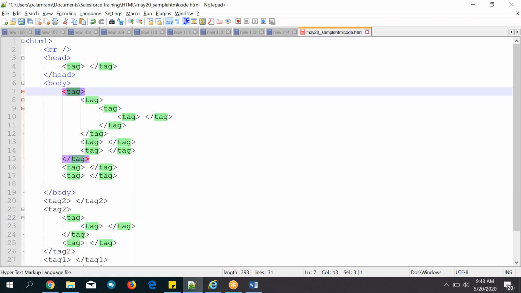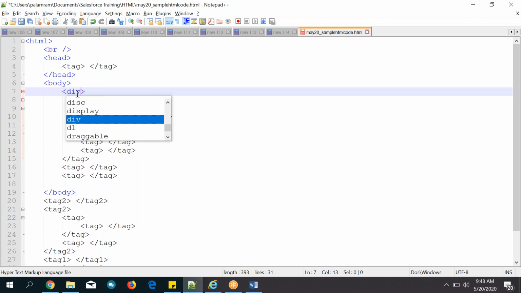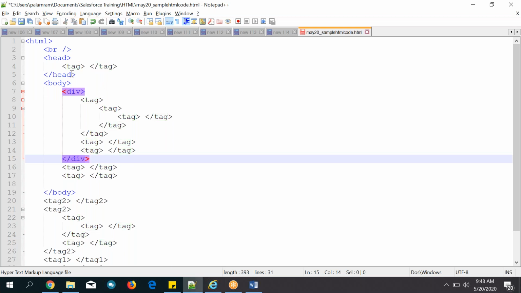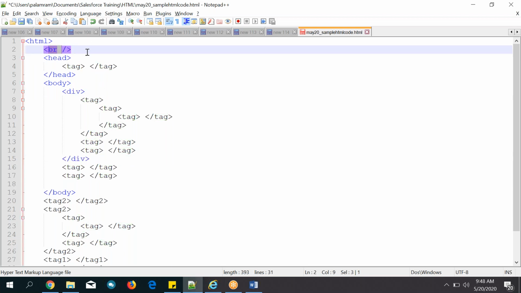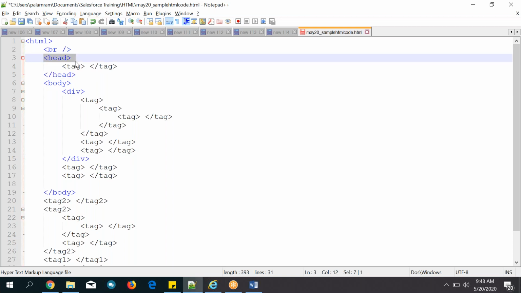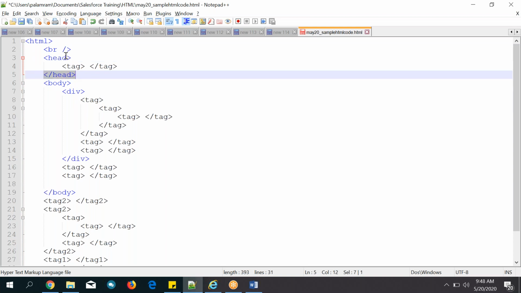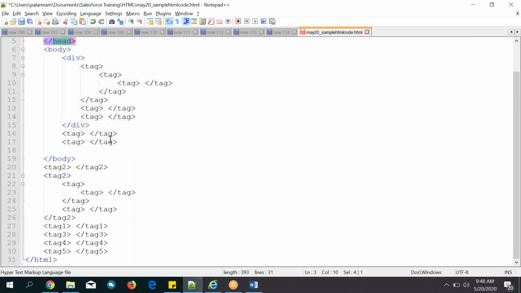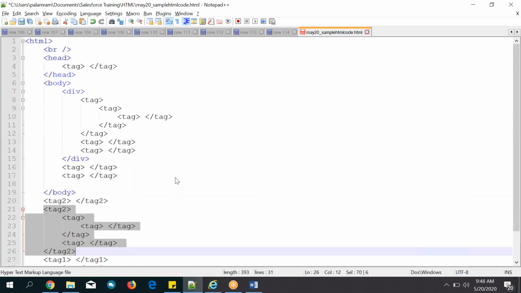Sir, I have a question. Like that, different tags. Okay, I will explain. Div tag, different tag names. These are tag names. You can open it and close it like this. Simply, these are the different tags, and we will see what is the use of those tags. What I'm trying to say is how you can write the code inside the tags, the basic HTML structure code. This is how you can write it. Any questions, guys?